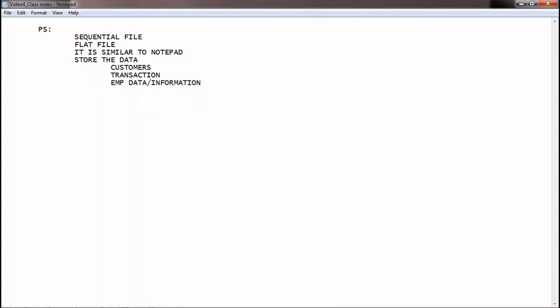So in a PS file, we can write the data through a program. I can do sequential read. We can do sequential read from the PS file. We can update the data. So what is the meaning of write? Write is nothing but inserting a new row. Inserting new rows is called write. Write is nothing but insert in SQL. There we call it insert, here we call it write. Write is the verb to write the data into a sequential file.